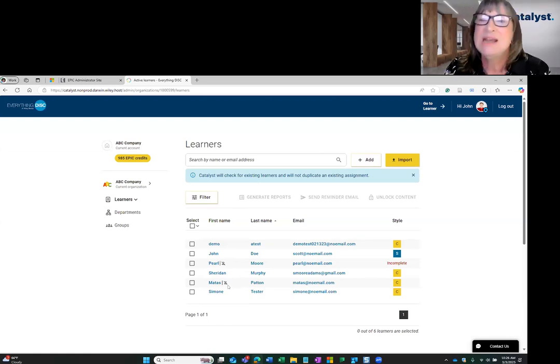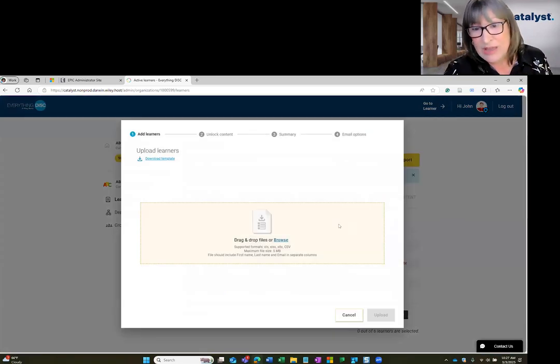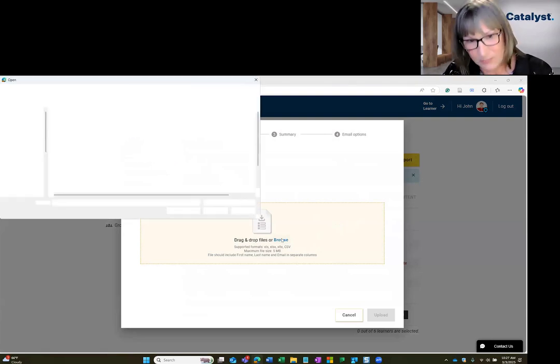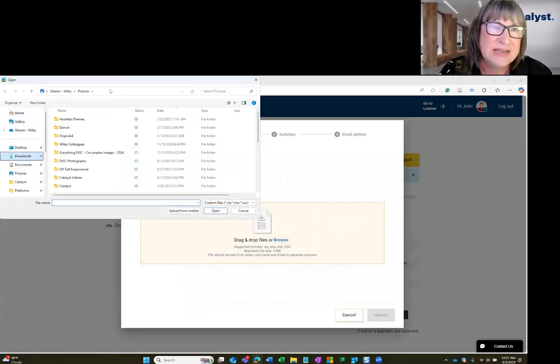Now, before I move on, I do want to show you one last thing for adding. I showed you the simple way to add somebody one off, but if you have a large group of people that you need to set up for Catalyst, then really the easiest way to do it is to download this template and import it. The template that you download,